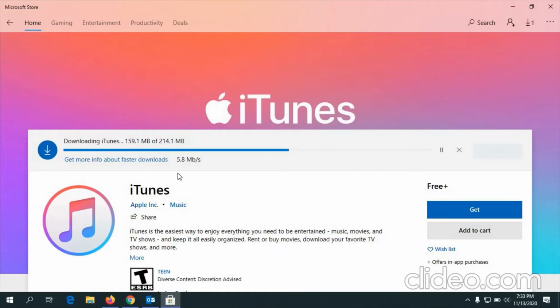Even the Apple company will give you the free version of iTunes to download, Apple for Windows 10.